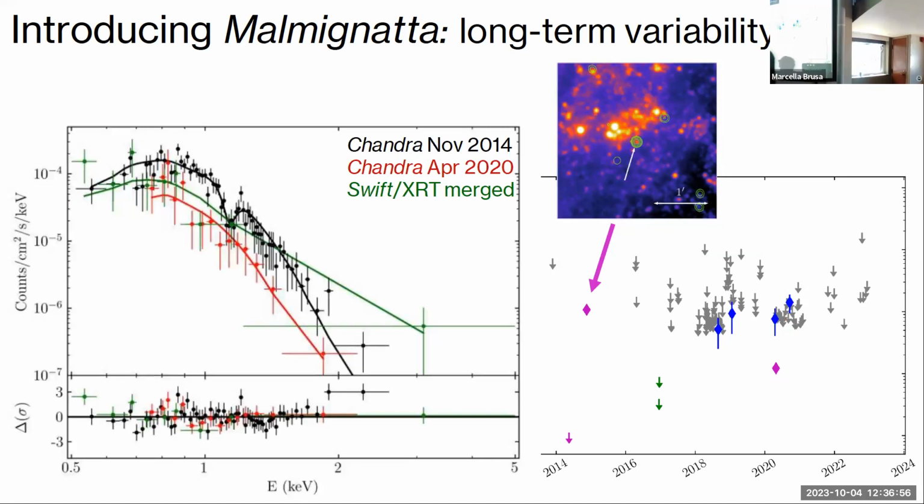And here you can see the 2 Chandra detections in black and red. As the counts with Swift were too little to do spectroscopy on each observation, we merged them together, and you can see in green the merged XRT Swift observations. We cannot say much because the statistic is not so good, and because by 2020 the effective area of Chandra in the soft band where this source emits